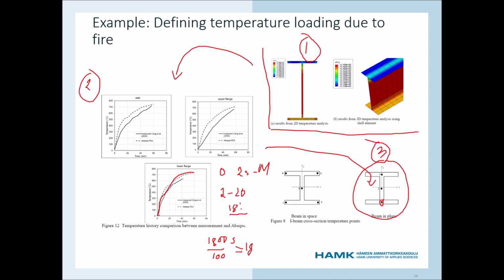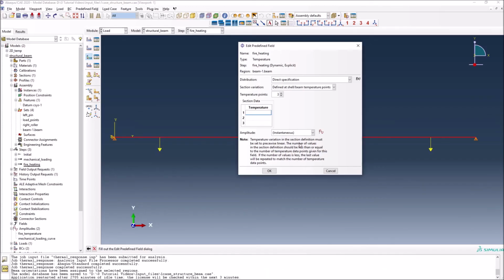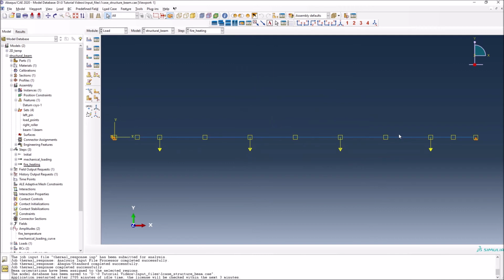For that one we define the temperature, the maximum temperature is 745.5, 723, and now here we can define this as 739.47, but you can ignore this value, but let's define 719. And now we have to select the amplitude curve, and for that one we select the fire temperatures, and we now accept. So the temperature is assigned,